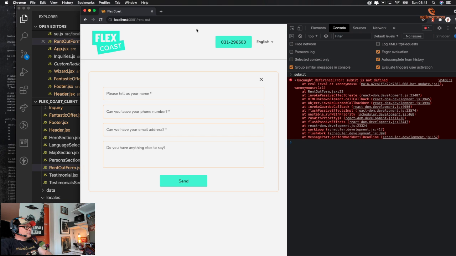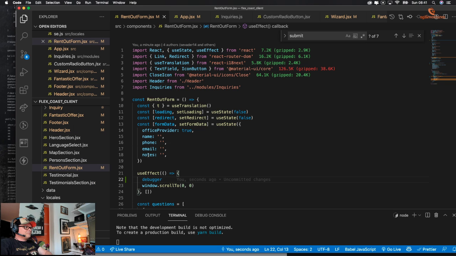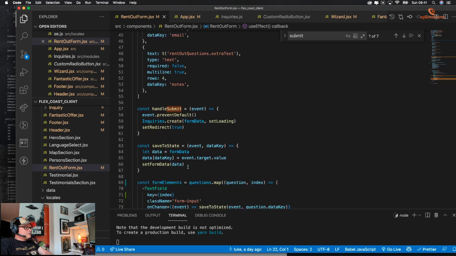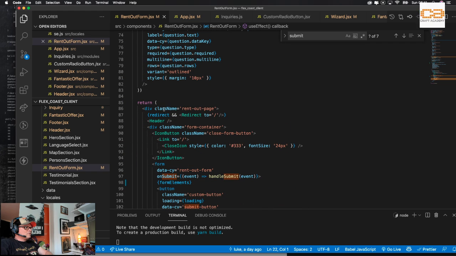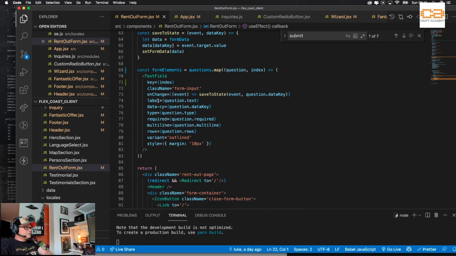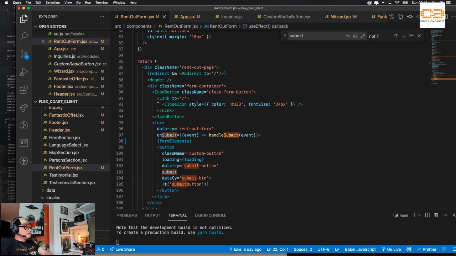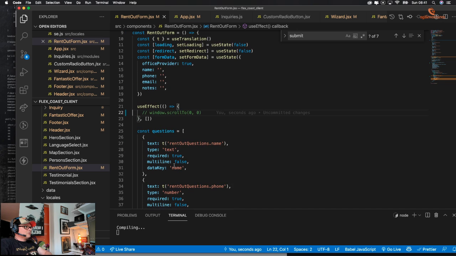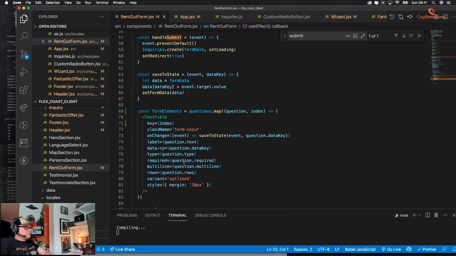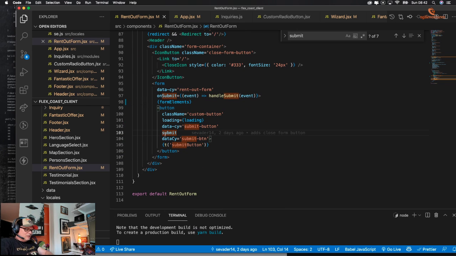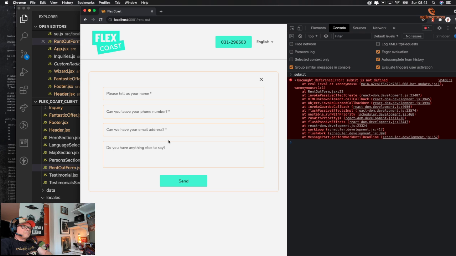Right. So we're just going to go to the random method. So what the fuck is submit? No, sorry. Let's get rid of this submit. Let's just get rid of it.